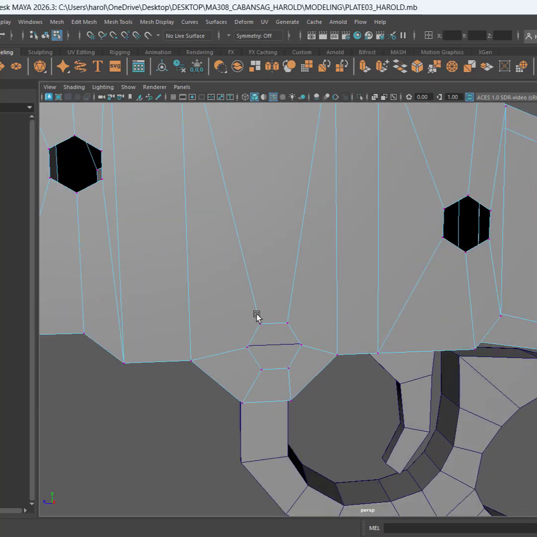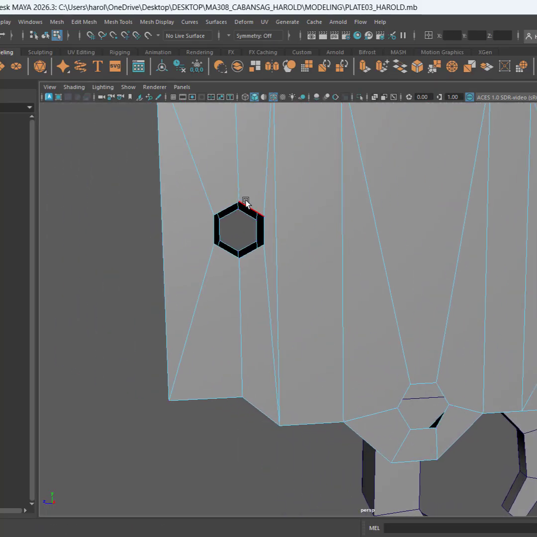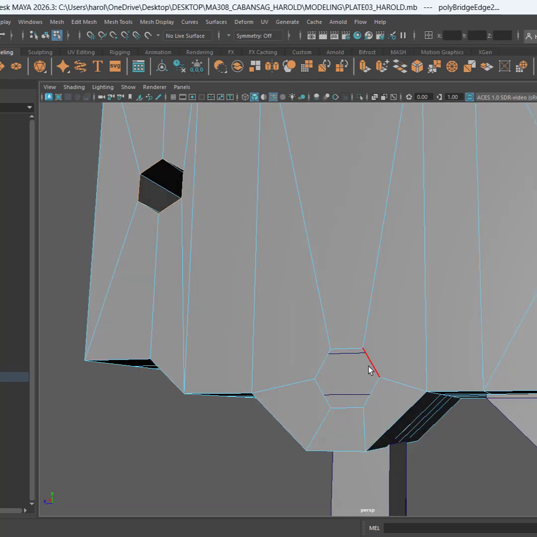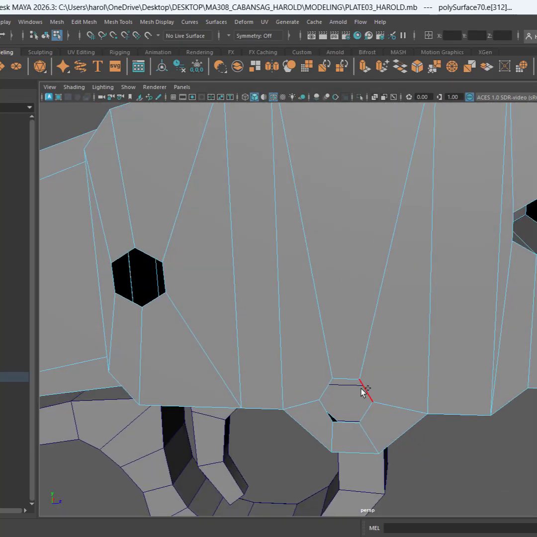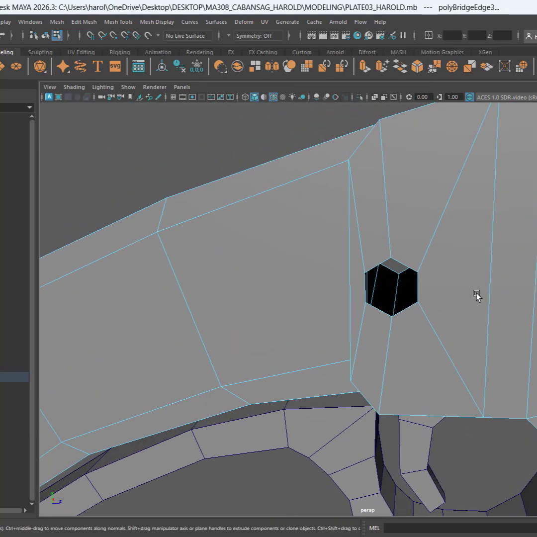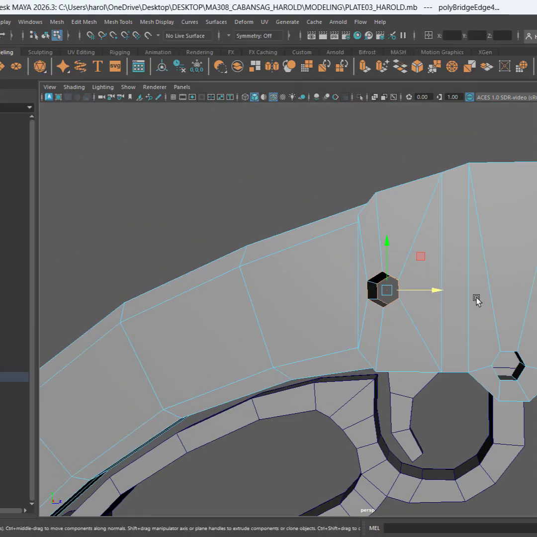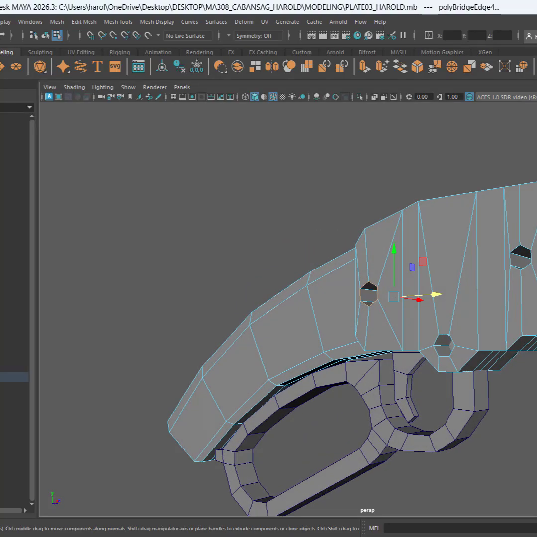And then now I will just go to edges, double click, and double click, delete these, not really delete, but bridge these new polygons I created. Click, double click. Let's go bridge, Q, W. So again here, double click, and I'll just go for bridge, Q, W. There it is. So now I have created these details for